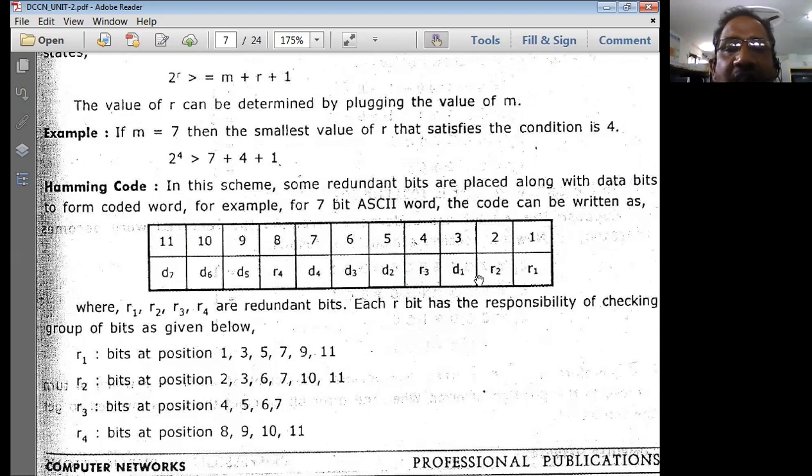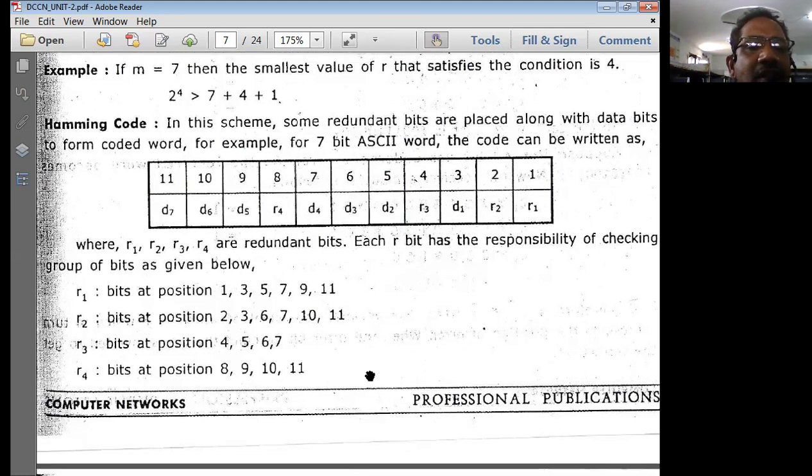After that, let us write the data bits. Whatever gaps we have, when you go from LSB to MSB, always write in reverse fashion. Take from LSB and go towards MSB. In computer science, we always start from LSB and go towards MSB. Similarly, here also we'll go. So D1, D2, D3, D4, D5, D6, D7. Wherever you have got the gaps in these boxes, after you first place the redundant bits, simply put all the data bits in sequence, D1 to D7, from LSB towards MSB.